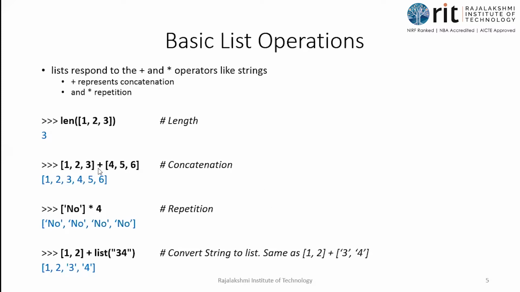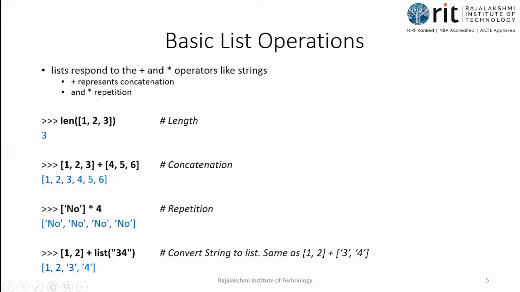So, see, though I have given numbers, it is not an arithmetic operation here because I'm not dealing with arithmetic. When you have two lists and in between a plus symbol, that is called concatenation, which means you're going to join the lists. So 1, 2, and 3, that is the first list, isn't it? And after that, you add the elements from the second list, 4, 5, and 6. So 1, 2, 3, 4, 5, 6. That will be the result.